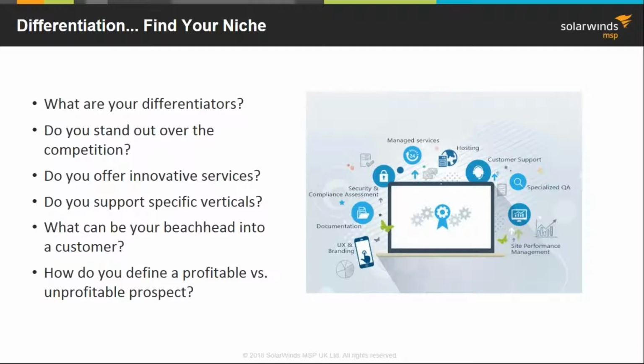Or maybe you can do hosting. Maybe you do software development. I don't know what your capabilities are, but look at the whole breadth of your portfolio and say, how can I differentiate myself out there? Because depending on our target profile of who we're going after, it will depend on what we lead in with